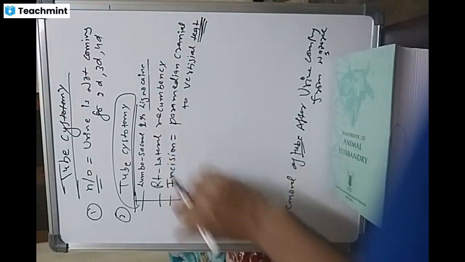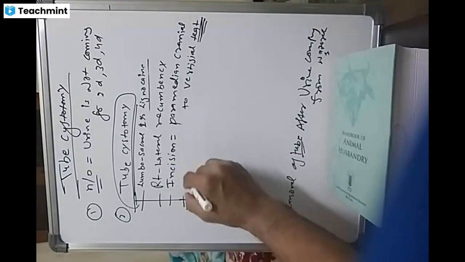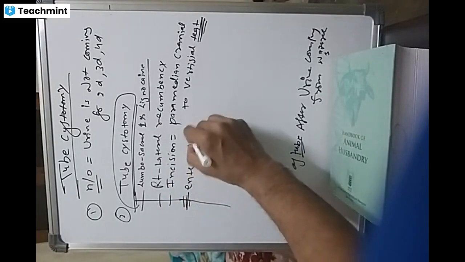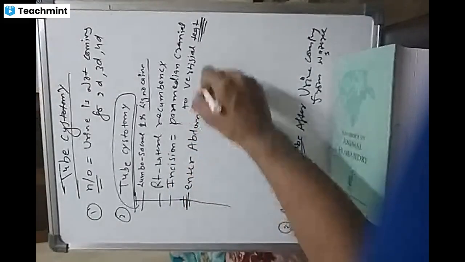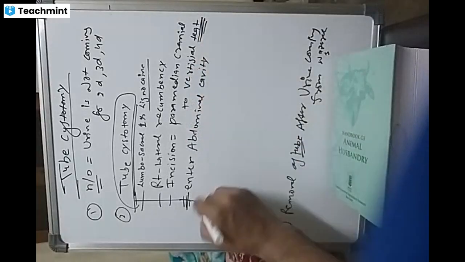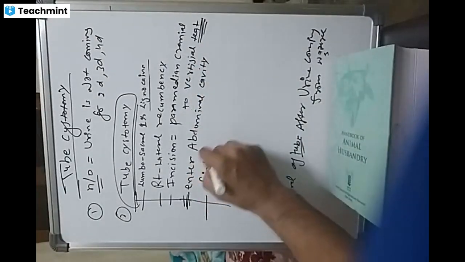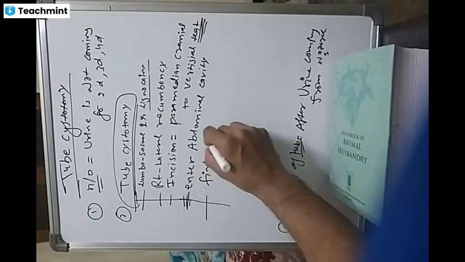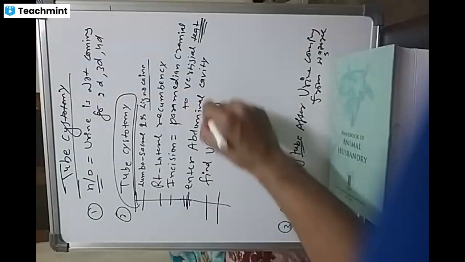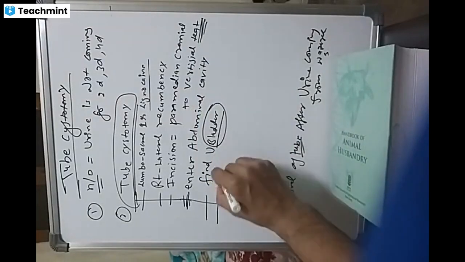So after giving the incision, we enter into the abdominal cavity. Entering, we find the bladder. After finding the bladder, we put